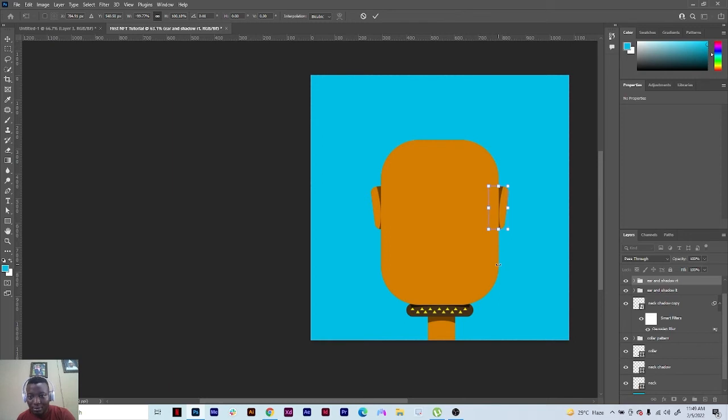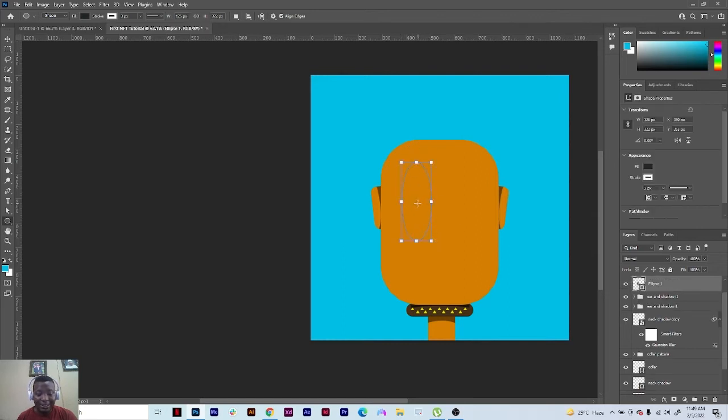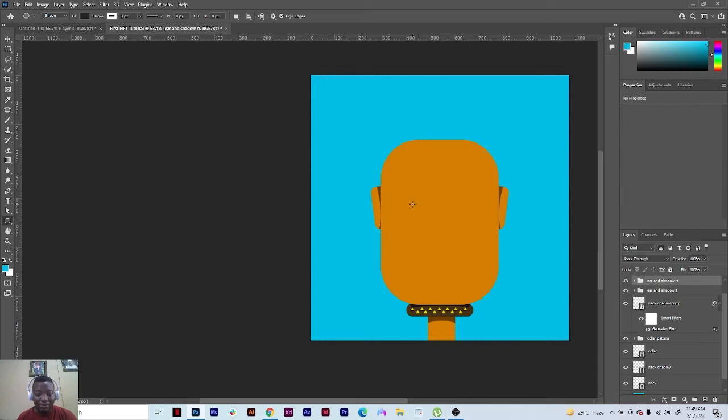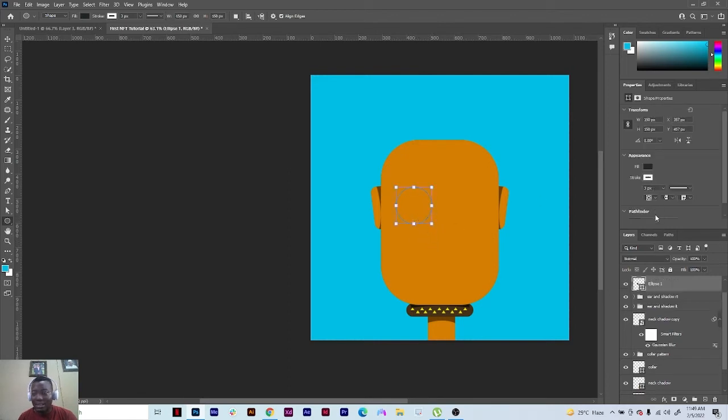So something like this, right, and then the next thing we want to do is the eyes. So this is going to be something quick. I'm here, so I want to create a circle. So to create a circle, if I just draw like this, I'm going to have an ellipse, right? I want to create a circle. So I have a perfect circle, and this honestly just needs to be red, and this